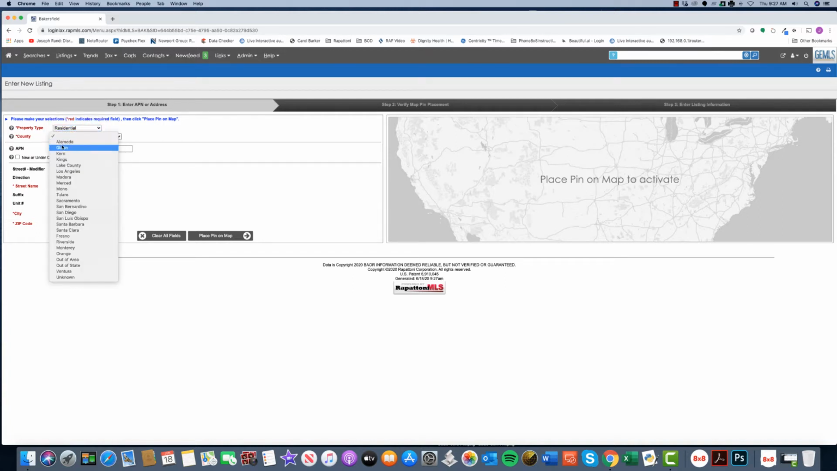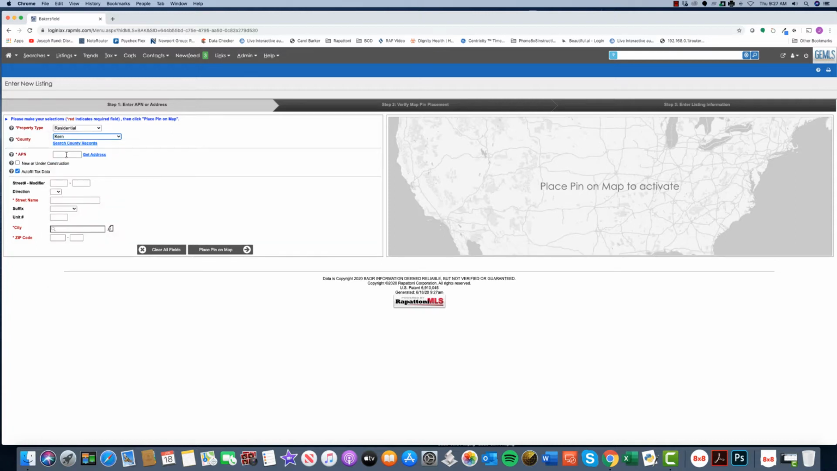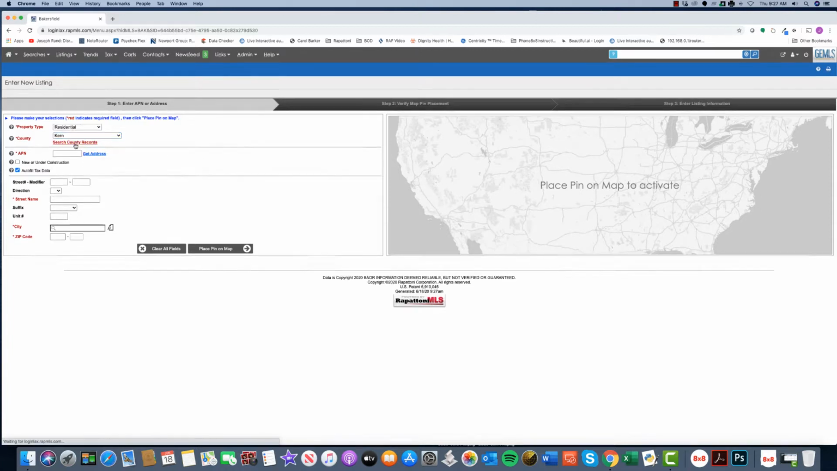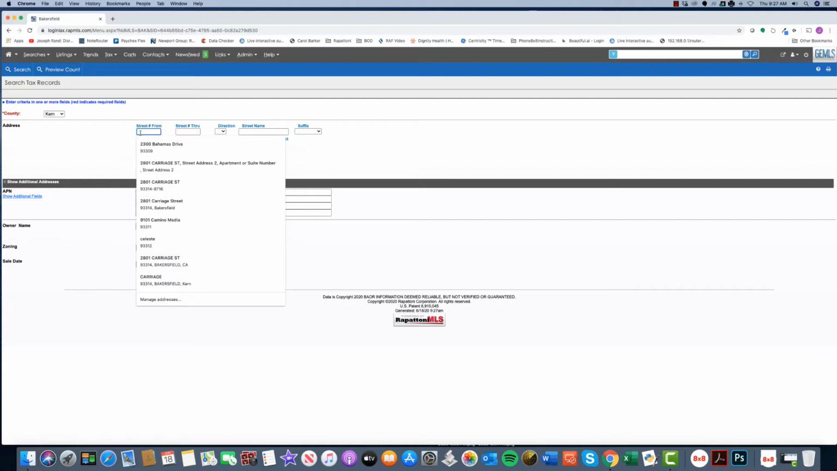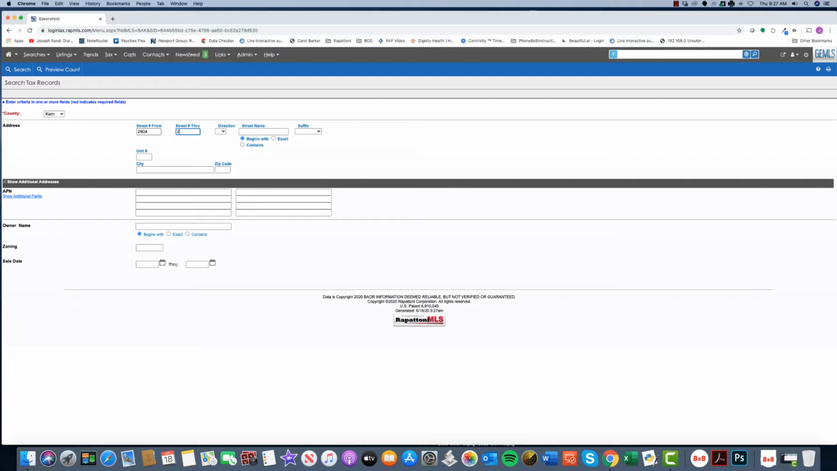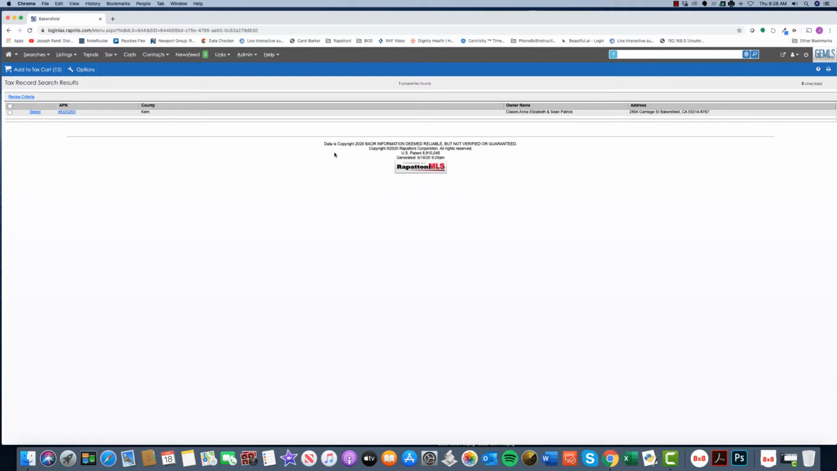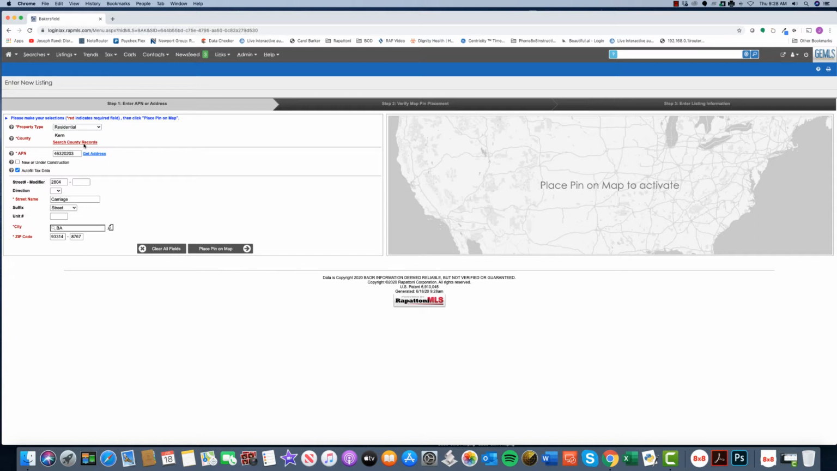So select the county and then put in the APN number. It's the first 8 characters, and then you'll click on Get Address. Now, if you do not know the APN number, you can hit Search County Records, put in the property address, hit enter, and then if this information is correct, hit the word select on the left, and that'll autofill this